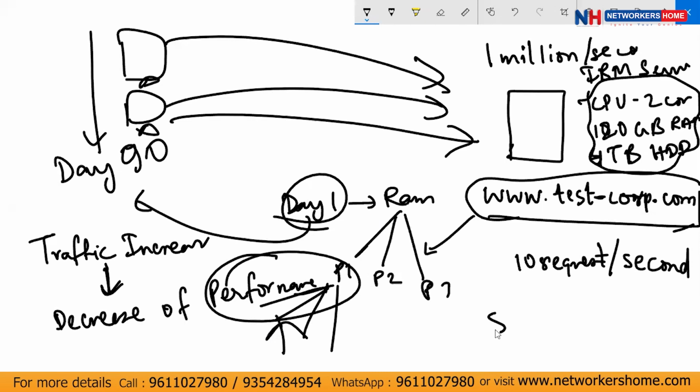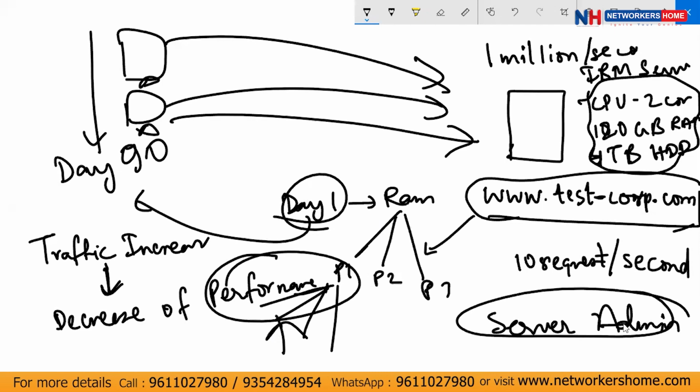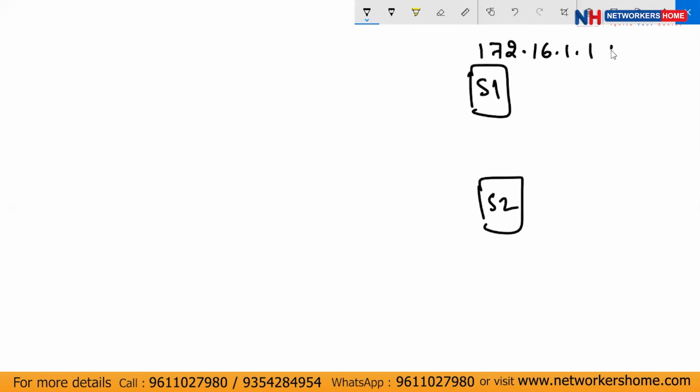That is when the server admin decided that it was time to introduce another server. So let's say this is server 1. We introduce server 2 as well. Now that I have introduced these two servers, let's assume the IP address of this is 172.16.1.1, listening on port 80. This is 172.16.1.2, listening on port 80. And both are hosting my application